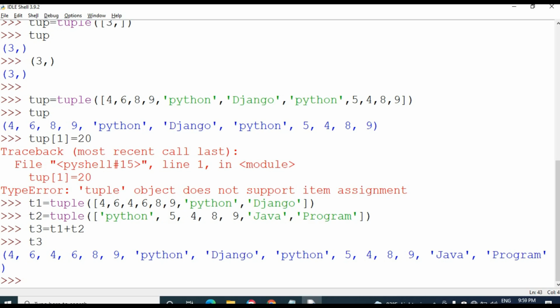Then the next one, tuple multiplication. That means it repeats the tuple elements n number of times. For that I will take a simple tuple.